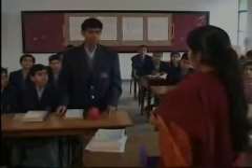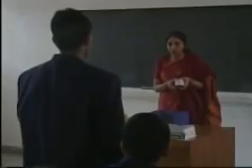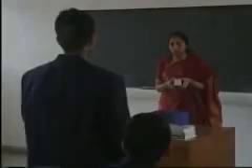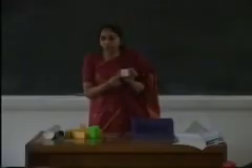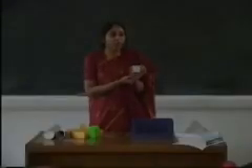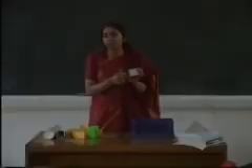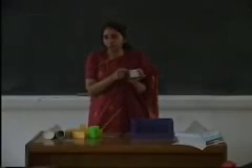The volume of this cube will be 1 cubic unit. If the length of the cube side is 1 centimeter, then the volume will be 1 cubic centimeter. Good. If the side is 1 meter, then the volume will be 1 cubic meter. Yes. So, a unit cube means that the volume will be 1 cubic unit. If the unit is 1 centimeter, then the volume will be 1 cubic centimeter. And if the side is 1 meter, then the volume will be 1 cubic meter. Similarly, if it is 1 decimeter, then volume will be 1 cubic decimeter.